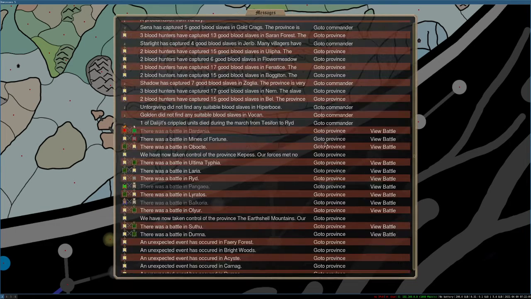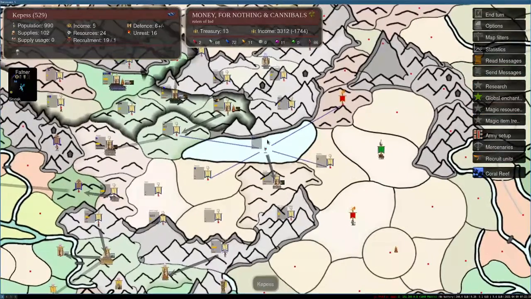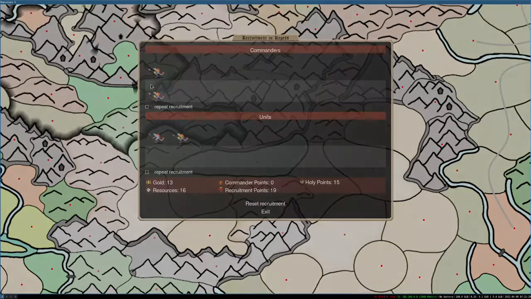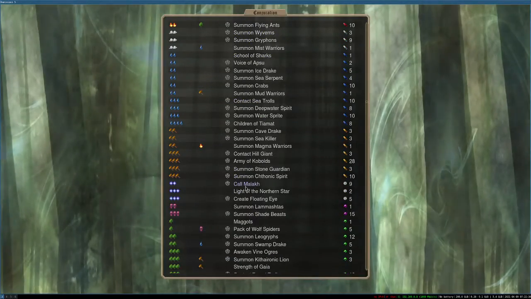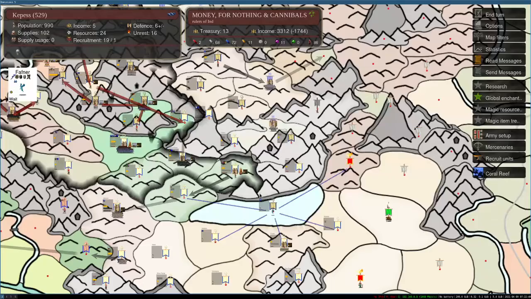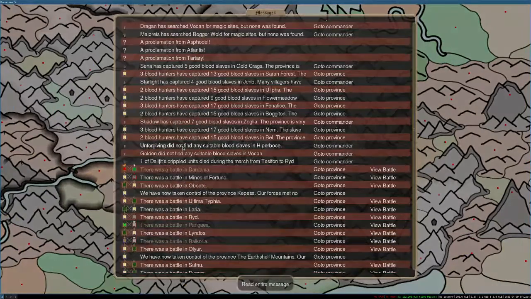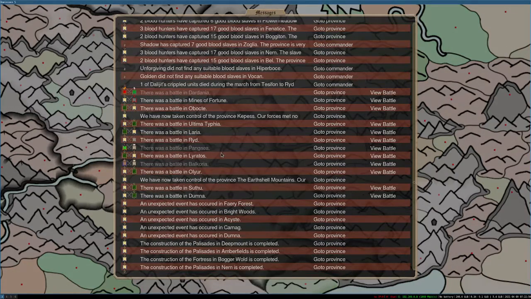Then Asphodel attacks me over here. I took over this lake that I had purged with horrors, so getting a little bit of goodies there. Do I have Voice of Tiamat? Yeah. Okay. So maybe I'll wait there and prepare to Tiamat that lake. I guess I might as well search water too while I'm at it. Then